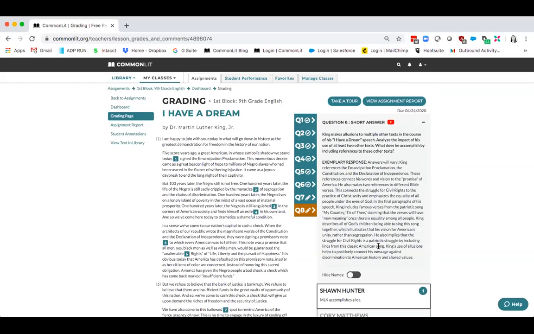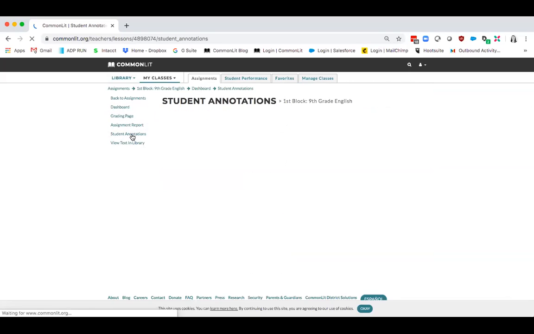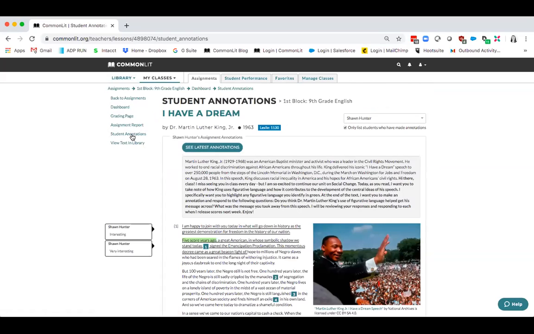So I actually want to take a look at my student annotations for this lesson now. You can come over to this left side panel and click on student annotations, and that will show you those annotations I just made during this webinar. So I can see Sean's 2 notes here, and I can see his highlight. So maybe if I want to provide feedback on this annotation, I can click on his note and I can start typing and say, why is that interesting? Sean, please explain,